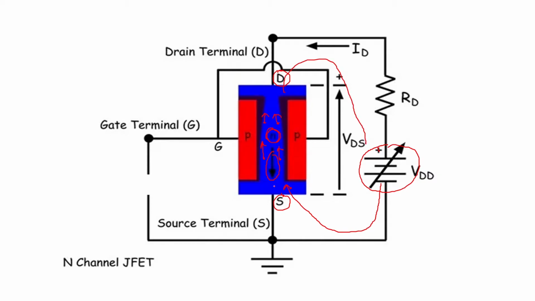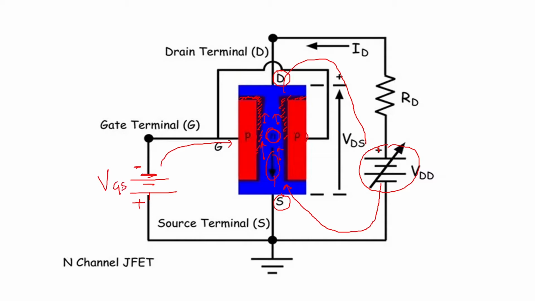So electrons are going to flow from source to drain, and here you are going to apply a reverse bias voltage. Because this is P-type semiconductor on both sides, here we will apply a negative supply of the battery, and then here we'll have positive, negative, positive. So this will make this junction, which is internally connected to both the P-type semiconductor, reverse biased,